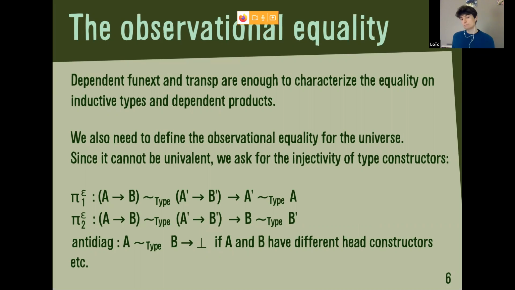This is maybe surprising even for someone who is used to set theory, because in set theory, this is completely not true. For instance, the set of functions from the empty set to the empty set is the same as the set of functions from the empty set to, say, the Booleans. So it seems to contradict the standard formulations of set theory, and not only univalent mathematics, but also set truncated mathematics. But as we will see, this is not really a problem.